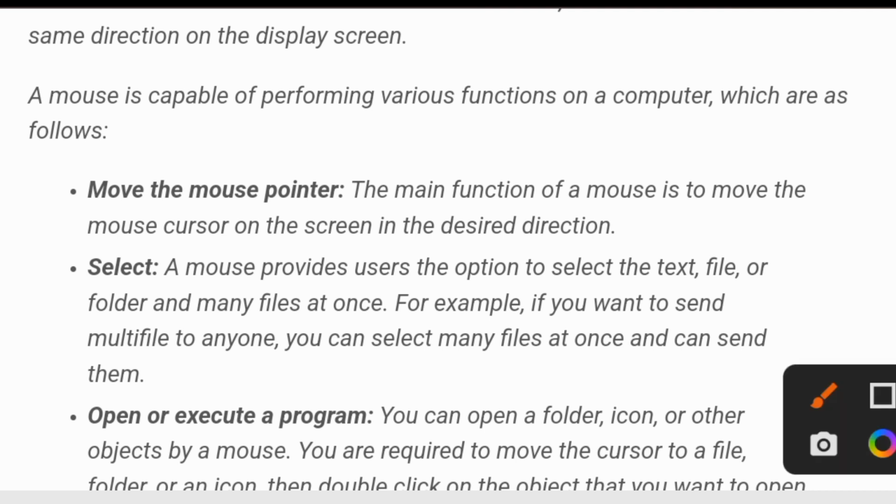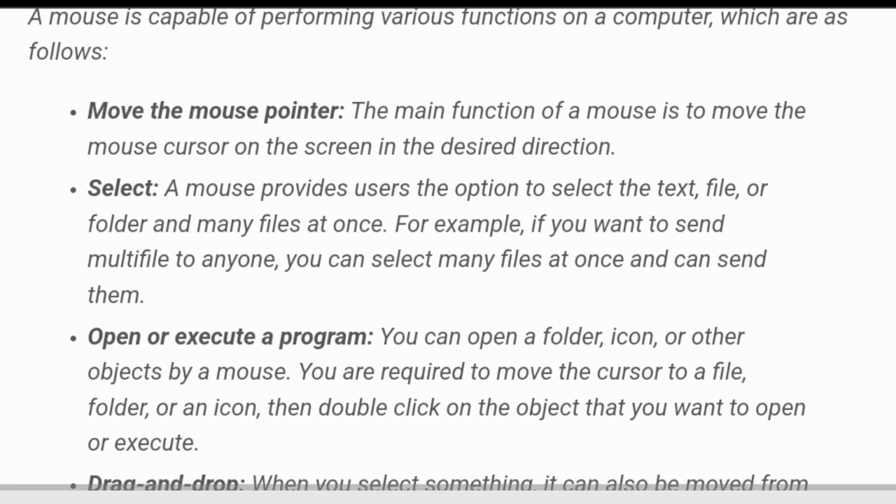The second is select. A mouse provides users the option to select a text file or folder, and many files at once. For example, if you want to send multiple files to anyone, you can select many files at once and send them.